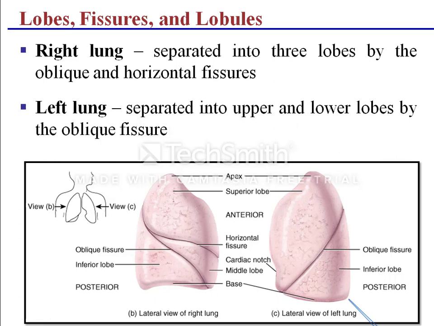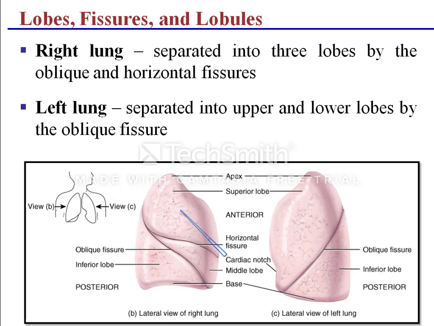As we studied previously, trachea at the point of carina will divide into primary bronchus, right primary bronchus and left primary bronchus. Right primary bronchus will give rise to secondary bronchi. Now these secondary bronchi will enter into these lobes. So each lobe will receive one secondary bronchi. As the secondary bronchi are entering into the lobes, they are called as lobar bronchi.